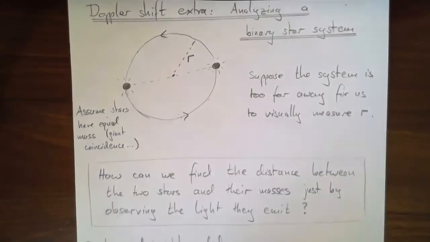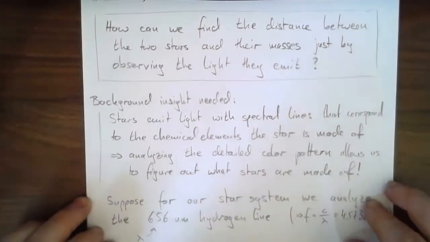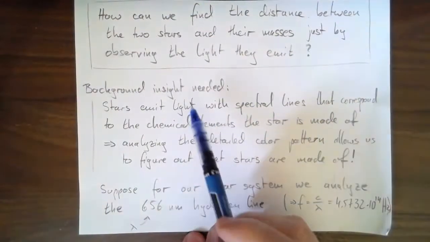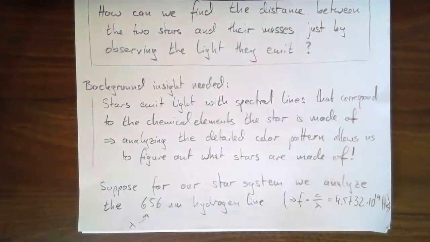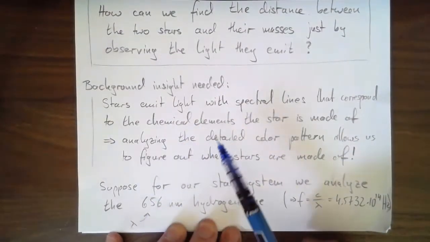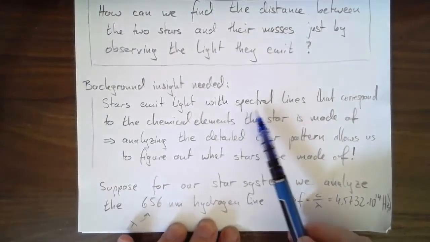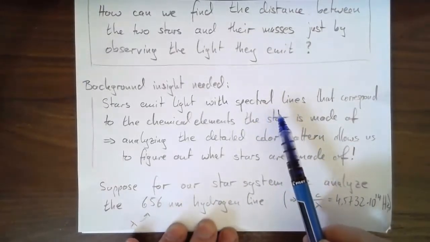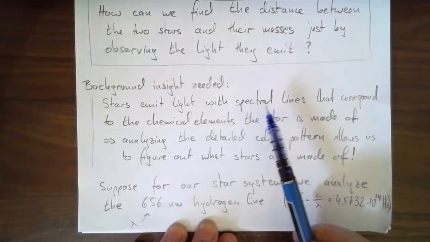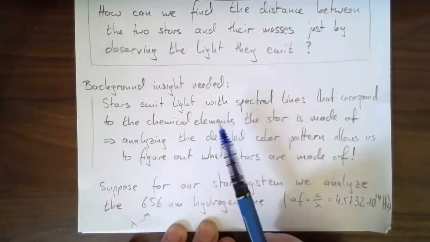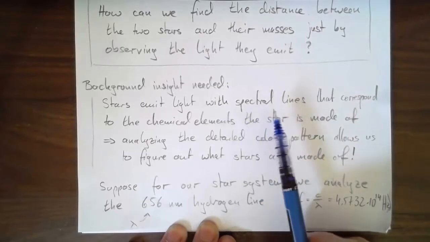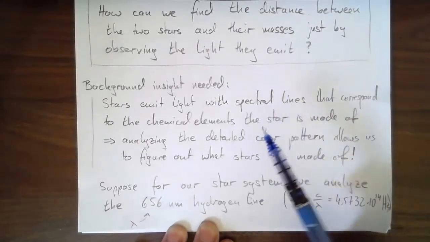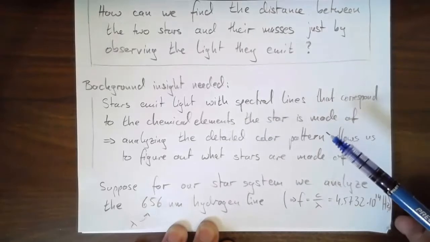So there's one key insight that we're going to need that I wrote down here for you, right? Stars don't just emit light. They don't just emit light at some arbitrary color, right? They emit light, and that light is going to have spectral lines. Now, if you've done chemistry, you probably know what those are. They're essentially lines in the spectrum of light. So all those different frequencies get emitted, but there are certain lines that appear in that pattern. And those lines are a result of the particular elements that the star is made of.